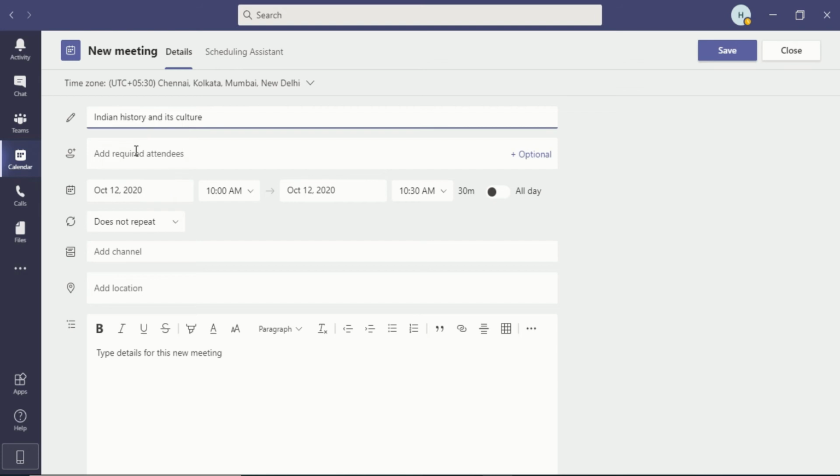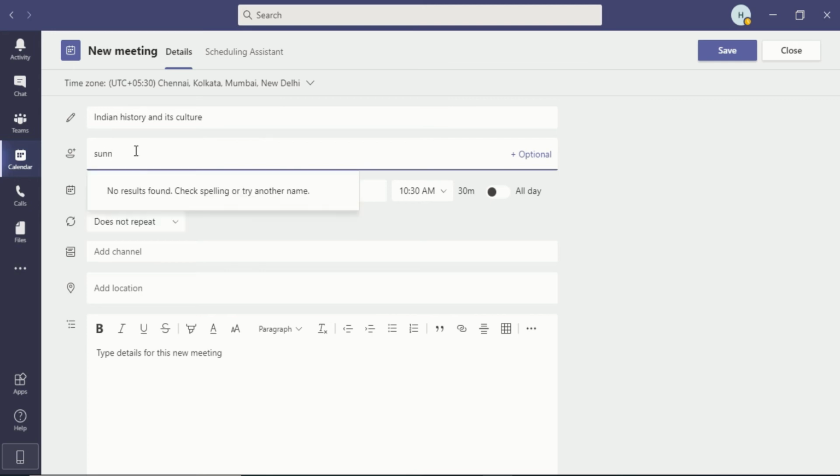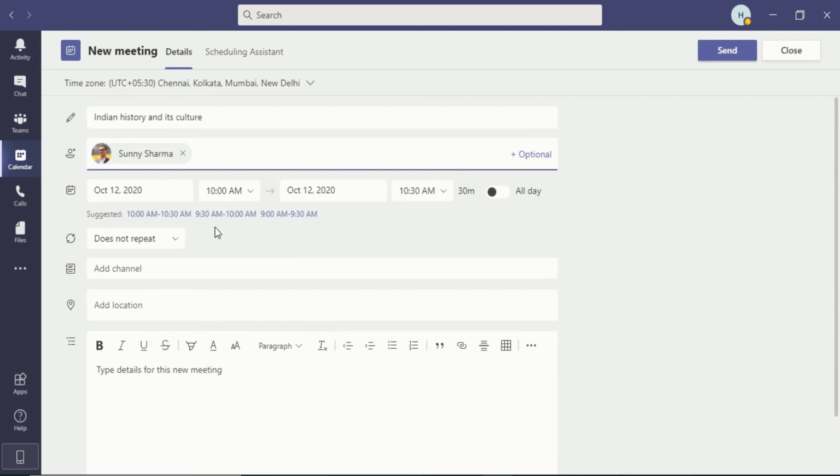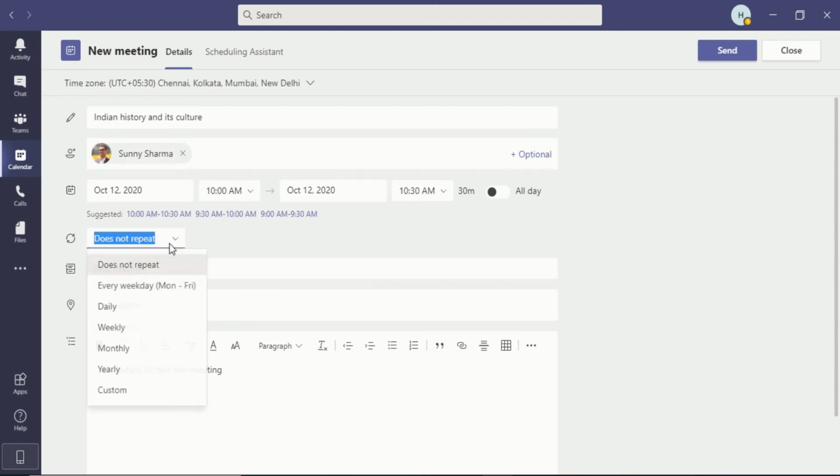After that, you have to attach the required attendees. You can type them like so. This is how you will schedule a meeting for tomorrow. After that, if you want to repeat the meeting every weekday or daily, you can go with that. Otherwise, you just leave it blank.